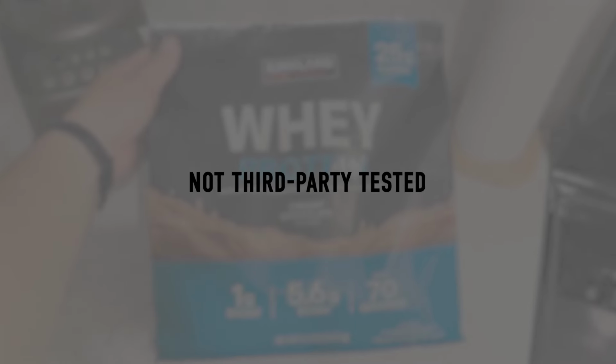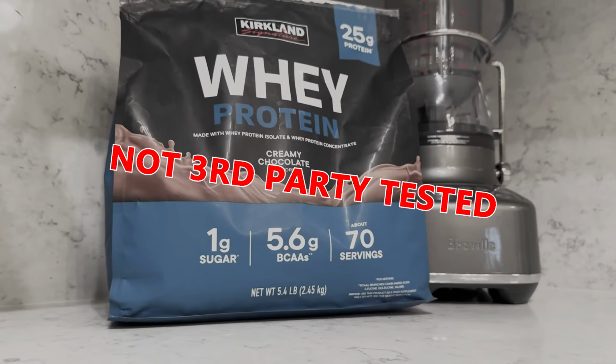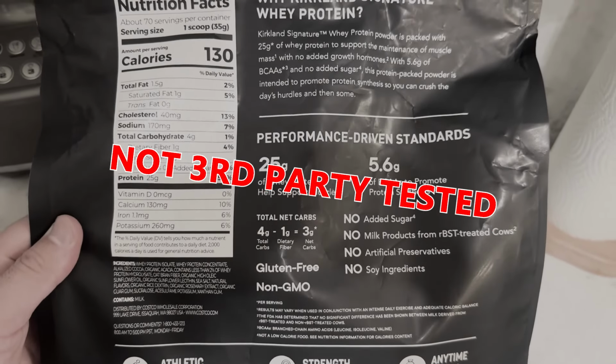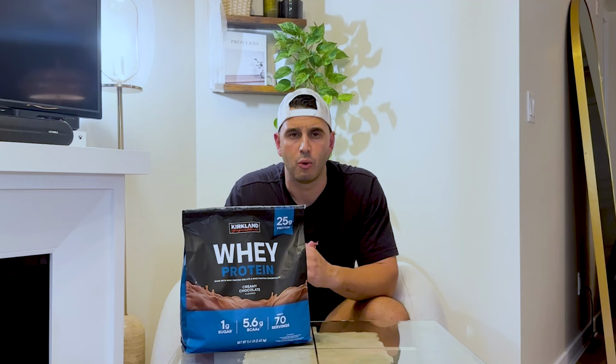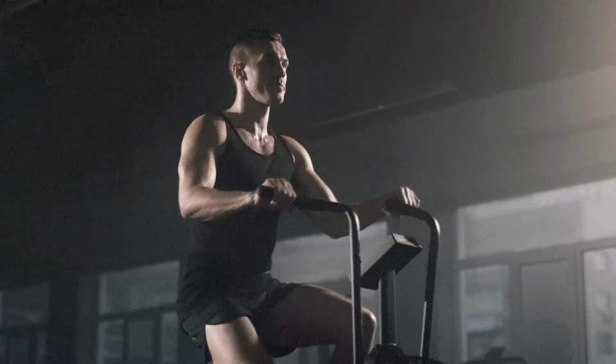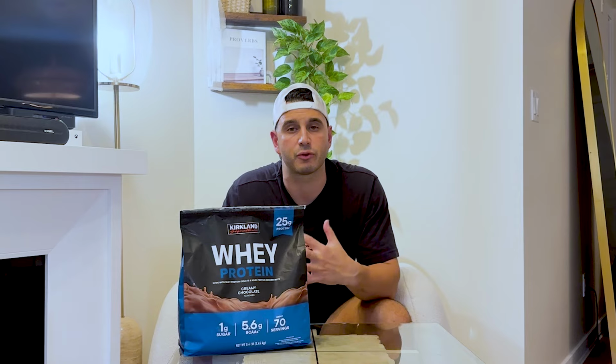Number 4, it is definitely not third-party tested. Third-party tested products are held to higher standards of quality as unbiased third parties verify their contents. However, this product is not third-party tested, which means we cannot be certain that everything on the label has been thoroughly tested and validated. While I believe Kirkland is a high-quality brand, I cannot recommend this protein to elite athletes who are subject to drug testing. Although obtaining third-party quality assurance can be more expensive for brands,